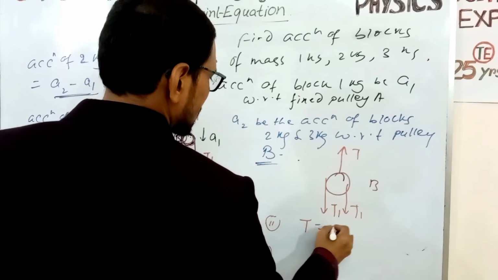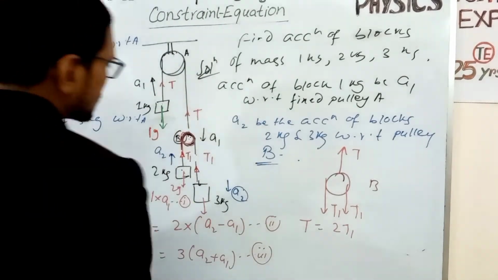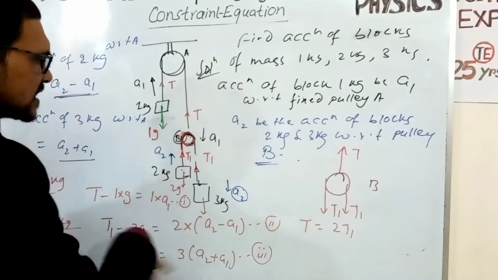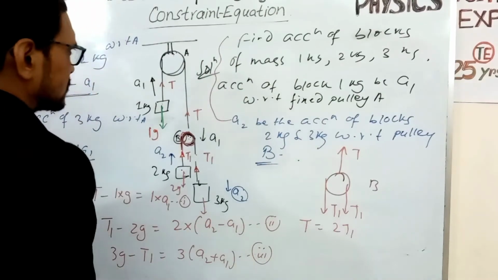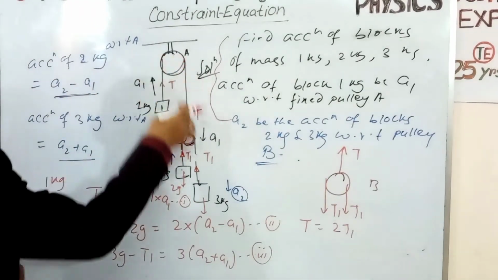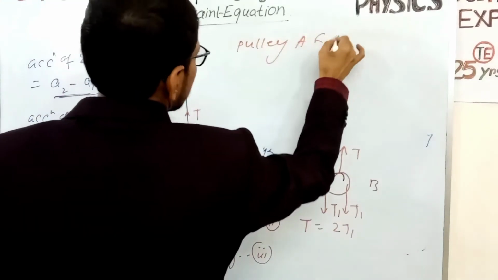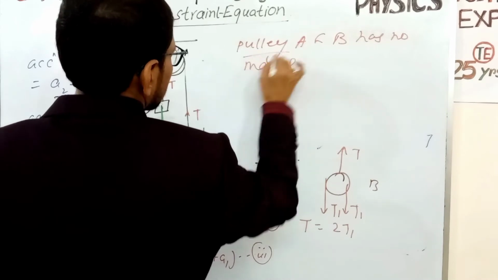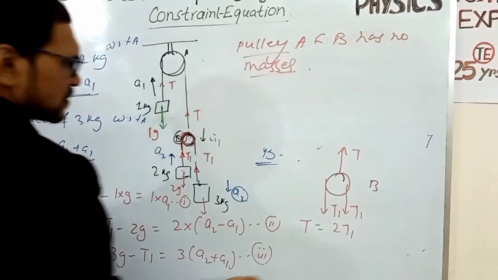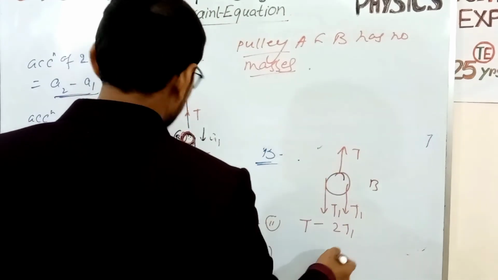So the relation is T equals 2T1, because we take the pulley to have no mass. If the mass is present, then the tension will be different. So to solve this type of problem, we always consider pulleys A and B to have no mass. We take pulleys A and B as light pulleys. For a light pulley, if we take the equation T minus 2T1,